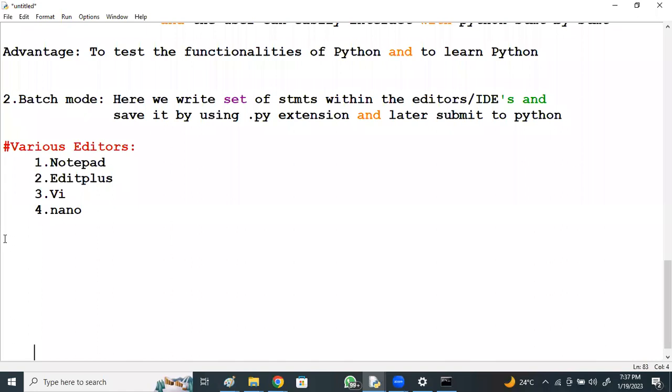And in real time we use IDEs. What are the various IDEs? IDE, integrated development environment, right? Like PyCharm is the most used one, right?